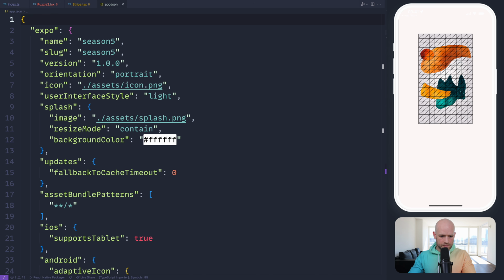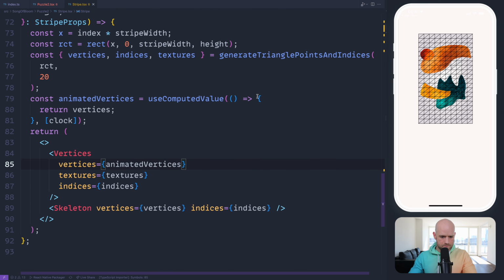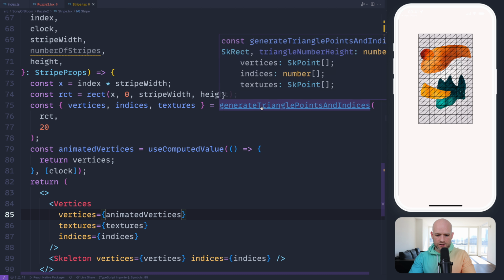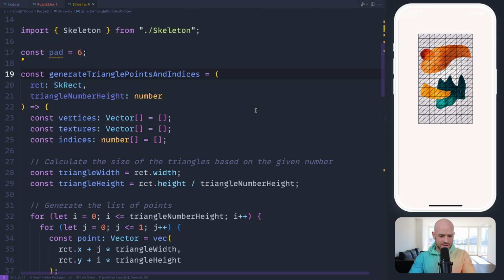We use this to debug it. We have this function, generate triangles, points, and indices. We generate all the points for the column, the same for the texture, and then the indices. For each point, we give the corresponding point to the texture, and this is what is used for the texture mapping.